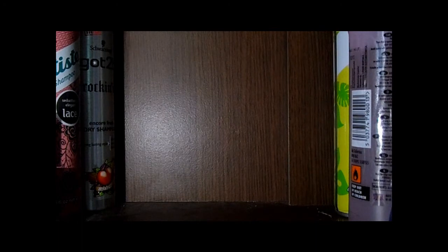Consistency is really, really thick. Seriously, you have to squeeze loads to get it out of the tube, and I don't like it. It doesn't foam up very well, and whilst using this I did tend to like it until after this and after the next Pearl Drops one I'm going to review. I went back to my Oral-B 3D White, which will be in later in the video, and until using my 3D White again I didn't realise how bad this product was,